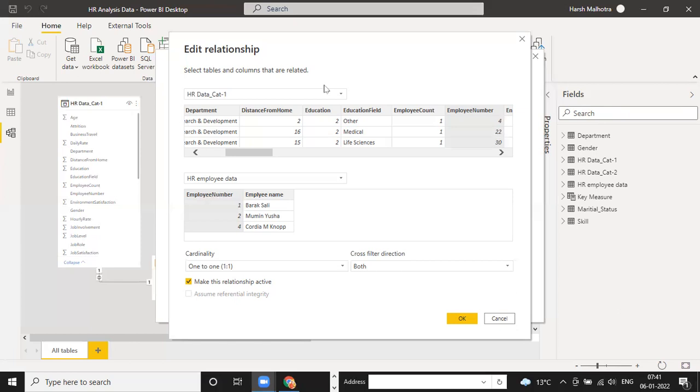Suppose on day 1 customer A purchases at morning time 10 a.m., 5 units of goods. 12 p.m., 2 units of goods. 2 p.m., 5 units again. Okay, so this way you have a total of 50 transactions, but you have only 5 unique customers. So the table in which you have the total number of transactions is called the fact table, and the table in which you have only the unique items is called the dimension table. Clear? Clear, guys? Anyone have a doubt here? You can ask me.